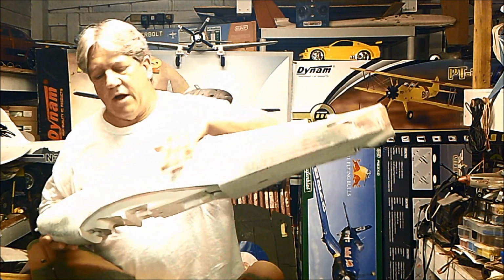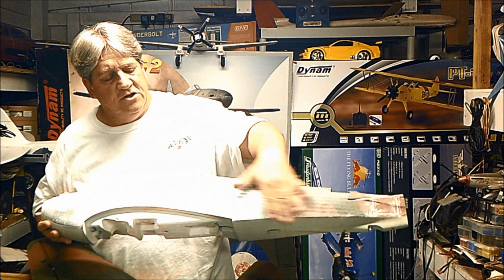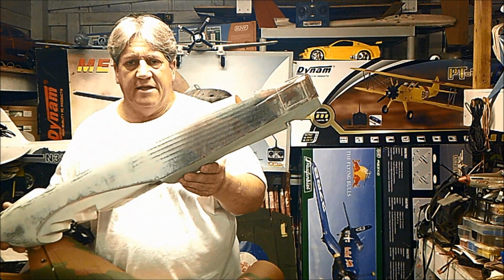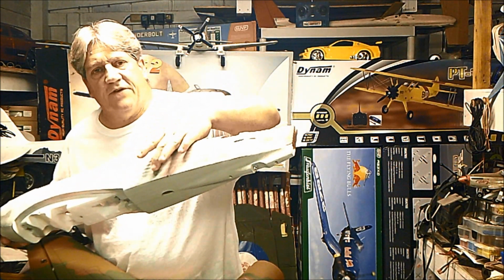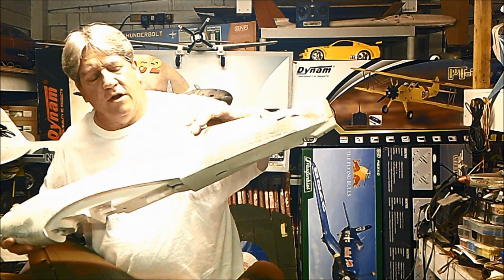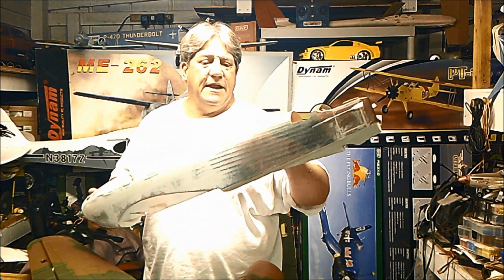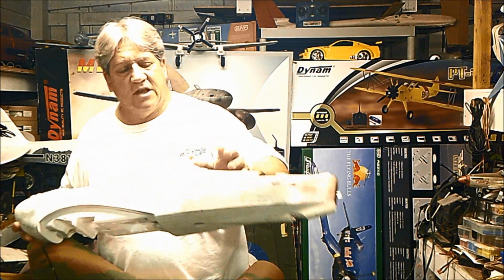A coat of white primer on it, sanded super smooth. So now there's no drag. The plane is super slick on this side. Now you can see here the factory ribbing is showing up very well because I've sanded the primer. But it actually has, if you know the real one, linear tubes running down the fuselage over